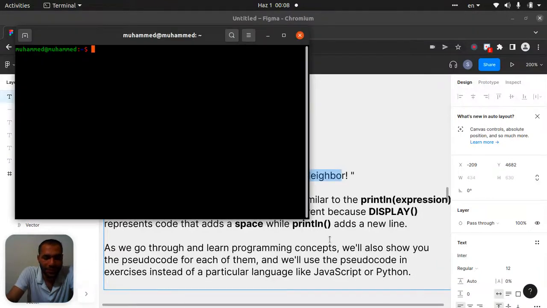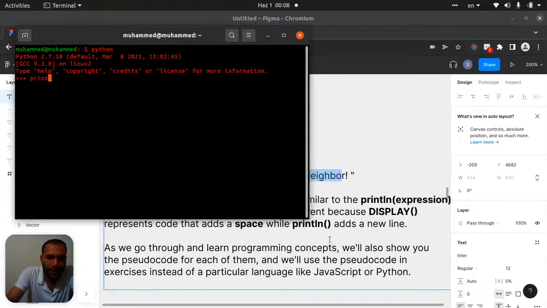Let's do here print hello world, and let's say print, put here a list, car. Let's do it and close brackets, car. This is two lines.